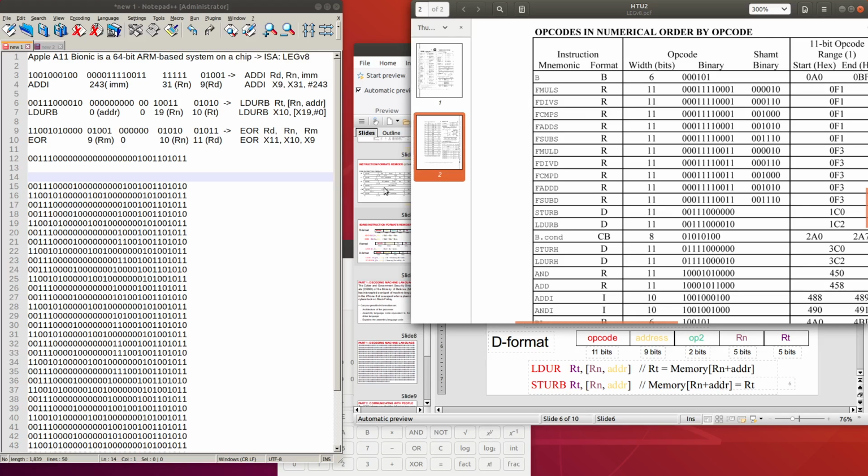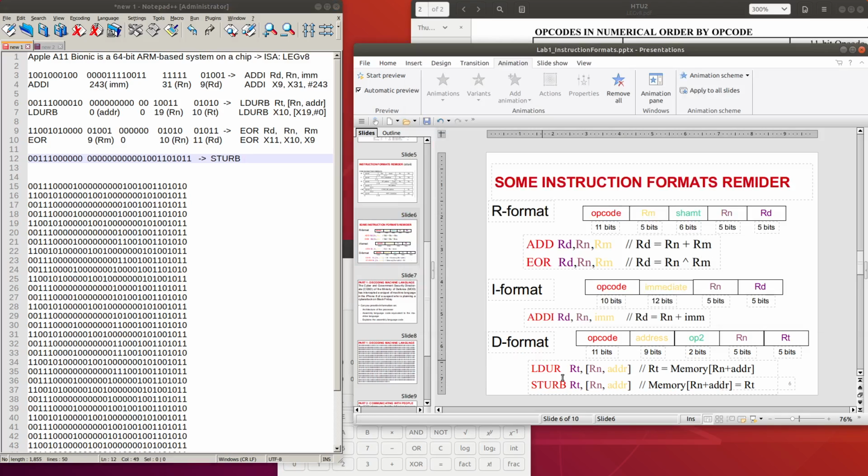It has 11 bits of opcodes, and so we will cut 11 bits here, and we know that this is the instruction STURB here, and for the D format it is RT and then RN and address.